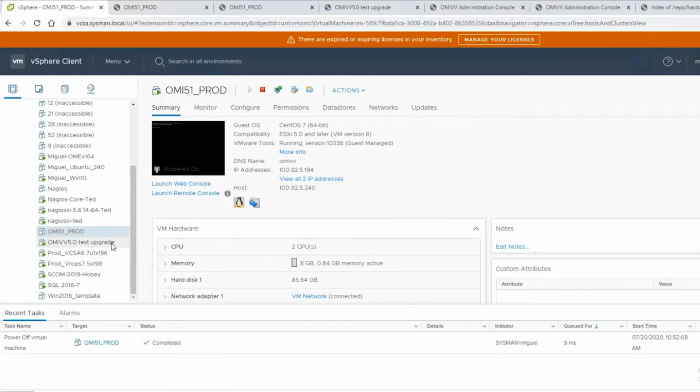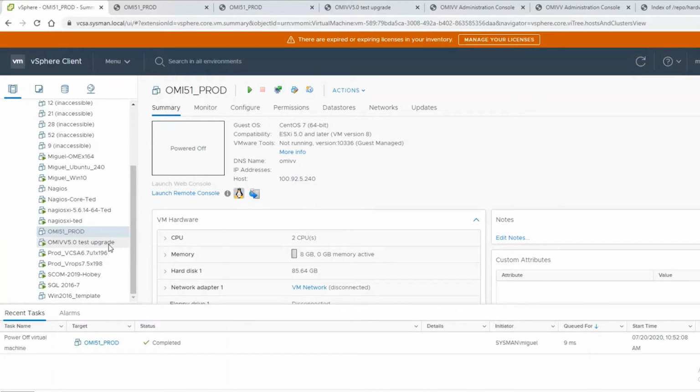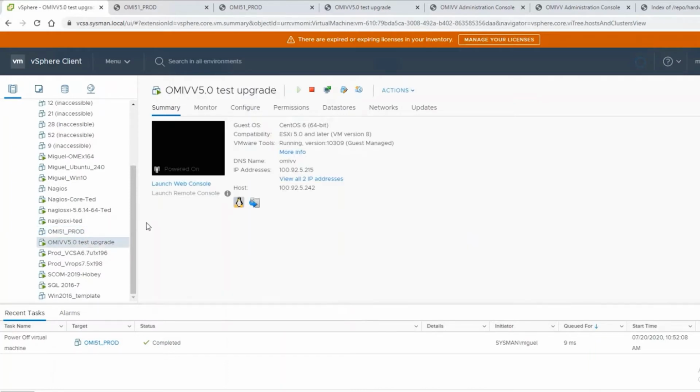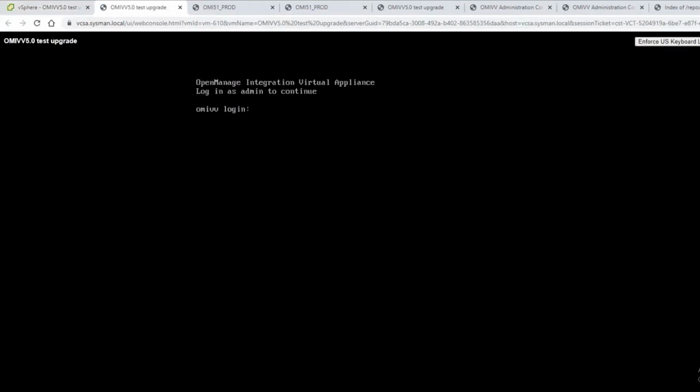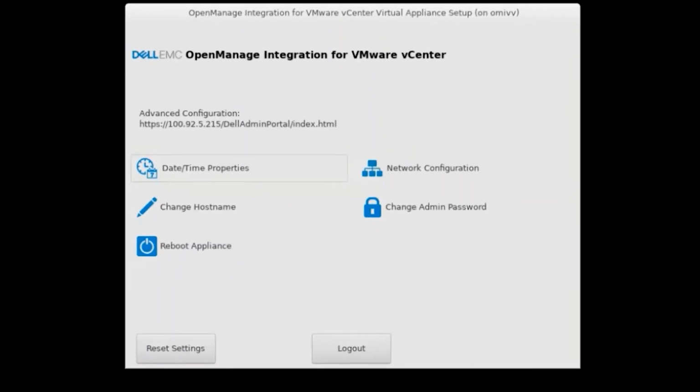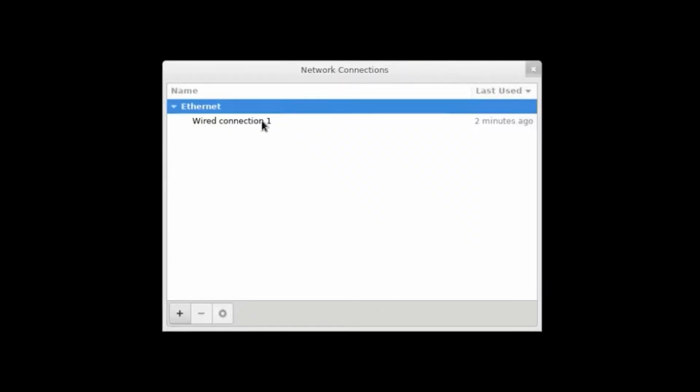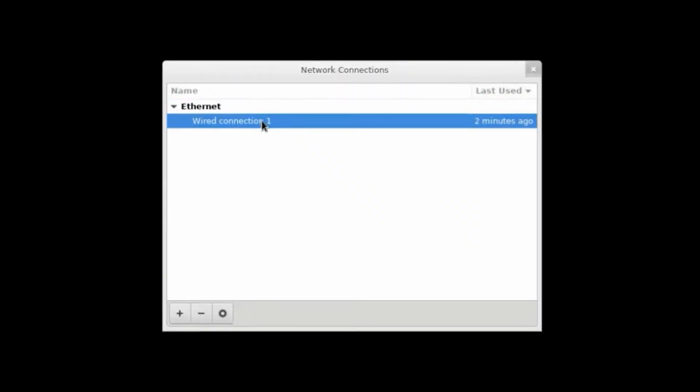Once the appliance has been turned off, you will need to go into your new appliance, click on it, and launch the web console. At the prompt, go ahead and log in with the admin user. In the main menu options, click on Network Configuration, click on the Ethernet adapter Wired Connection 1, and select the settings icon.